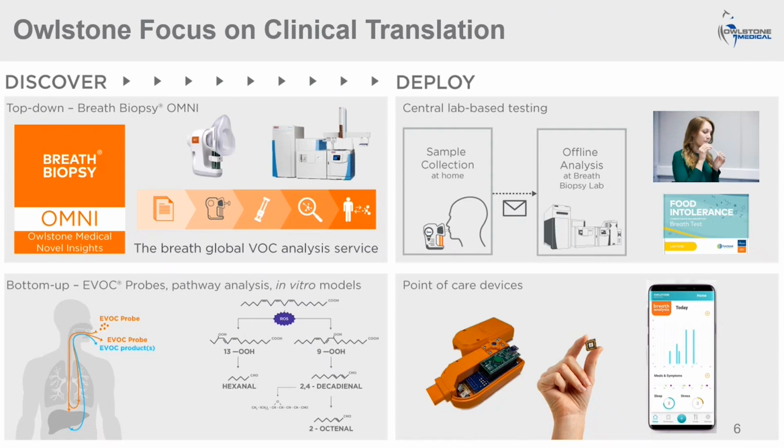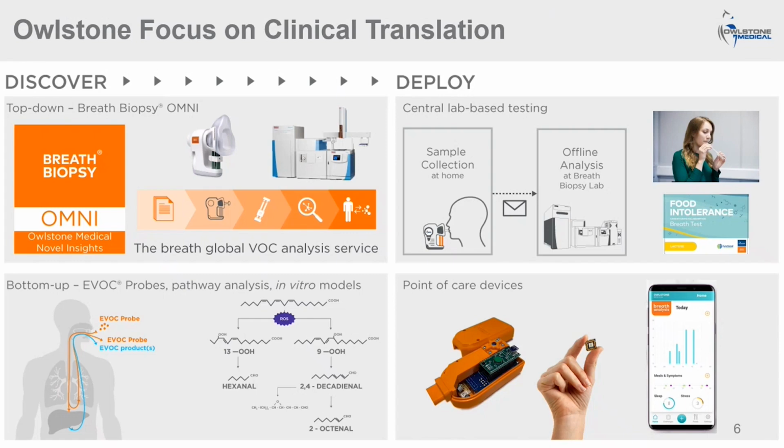We can also look at more of a pathway analysis approach. So, for example, are there known enzymes involved in a target pathway that could process or potentially produce a volatile that can be monitored in patients' breath? And Tina will give an example of this in the liver disease example later. These findings from these bottom-up approaches can then, of course, be validated in breath using targeted assays and focusing on the molecules that people have identified in these earlier stage approaches.